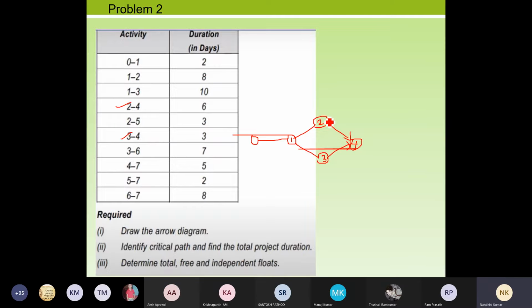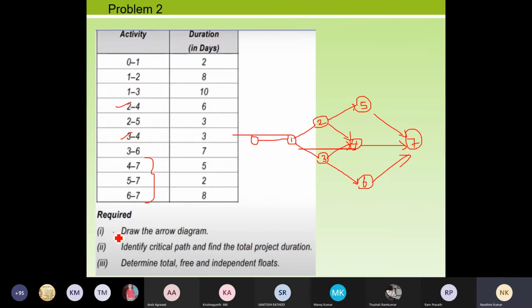I'm moving to 2 to 5. So from 2, I'm going to create another activity which is leading to my 5th node. So this is done. 5. Okay, next 3 to 6. So I have my 3 here. I'm going to connect that to another activity called 6. So that is done. And now my 4, 5, 6 all are getting connected to the activity called 7. So I'm drawing an activity 7 here, from where it is possible for me to connect from 6, 4 and 5. So this is my network diagram.